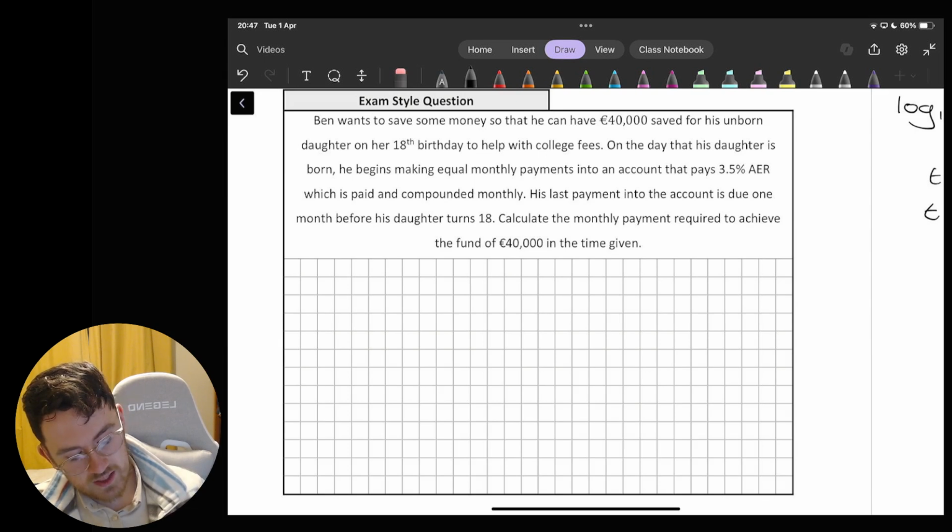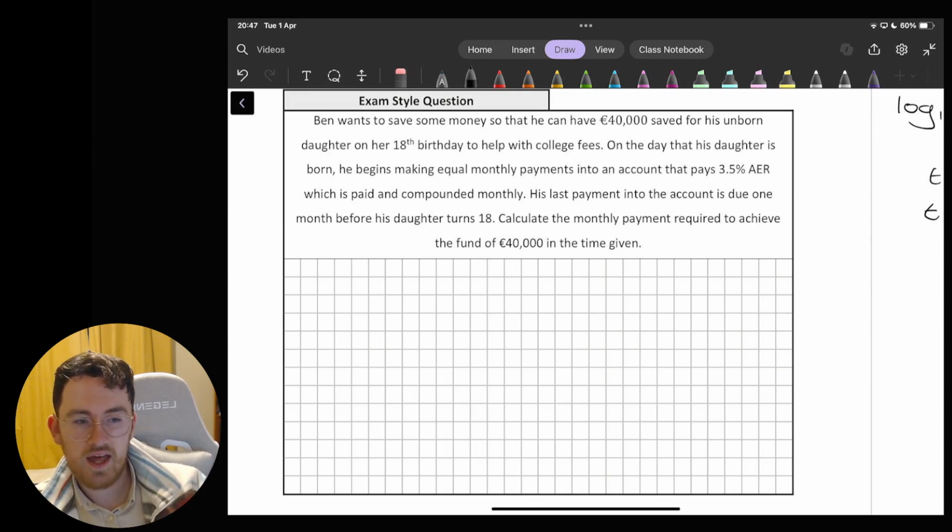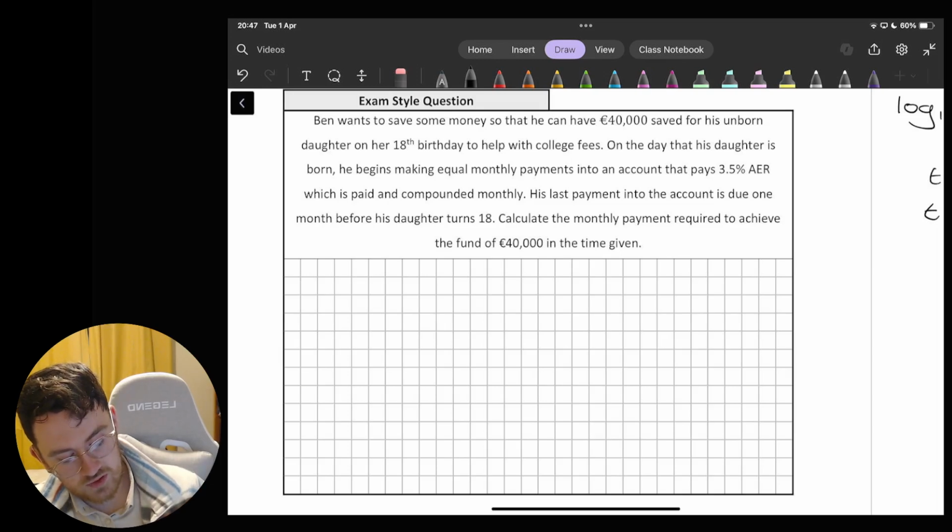His last payment in the account is due 1 month before his daughter turns 18. Calculate the monthly payment required to achieve the fund in the time given. Okay, so let's have a little look at this one, and this one's quite topical, and we'll see why, I suppose, when we move on to the next section. But just to start ourselves off ever so quickly, we're starting with 1.035 for 1 year, the same